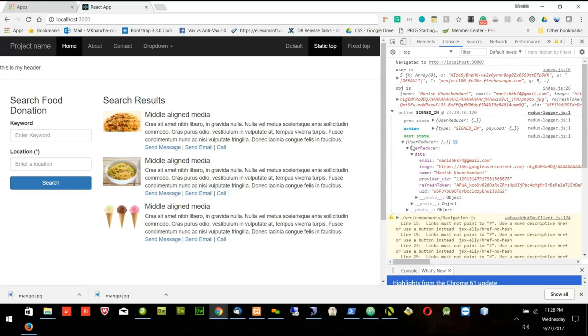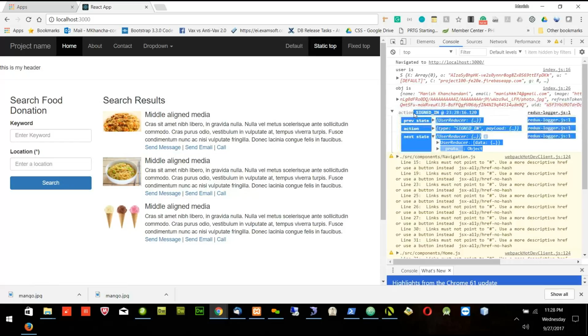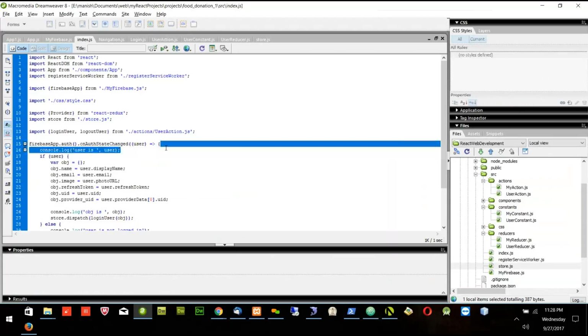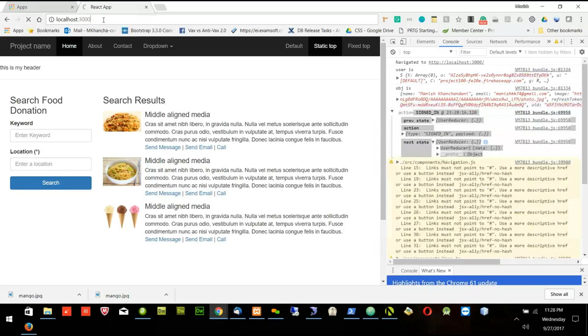So wherever we go, whether with a refresh or going from one page to another through the navigation, the data is stored. We have the information in the state, so we can use it anytime we want. So if you go to the login page right now on the website,